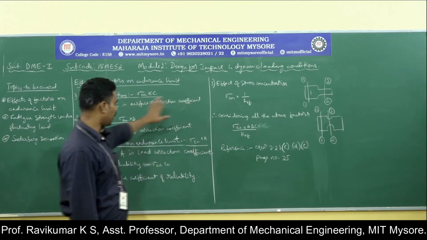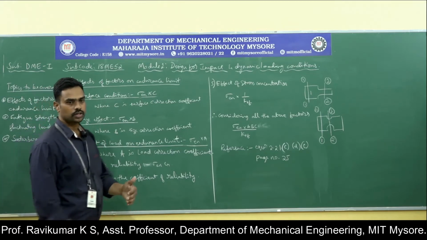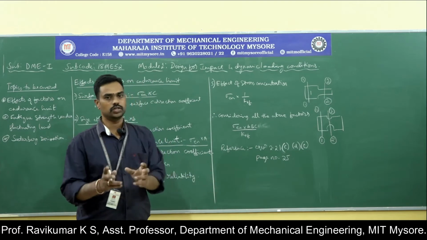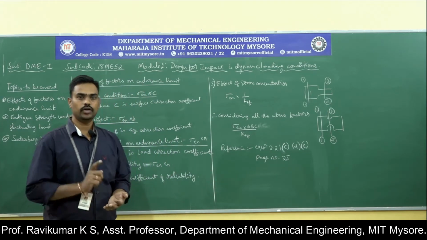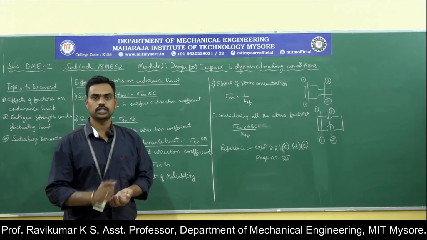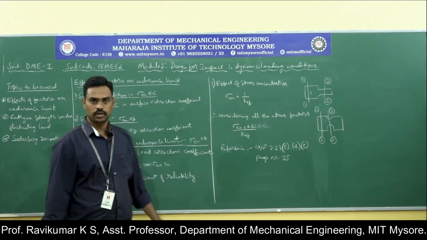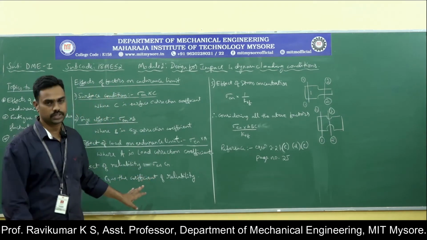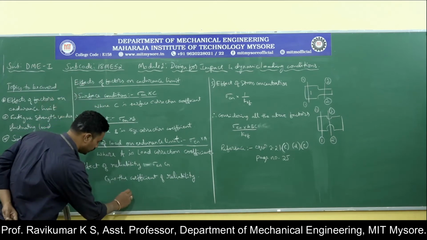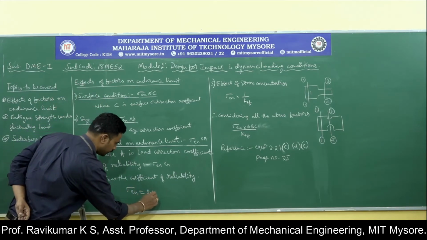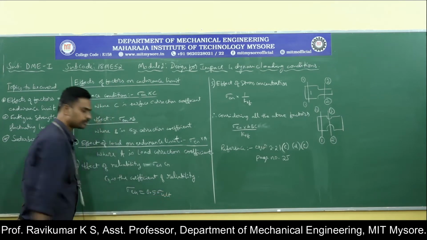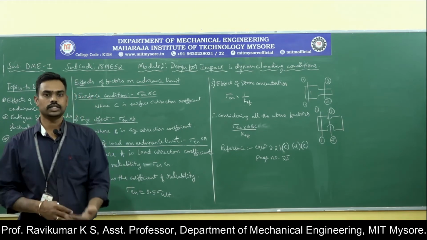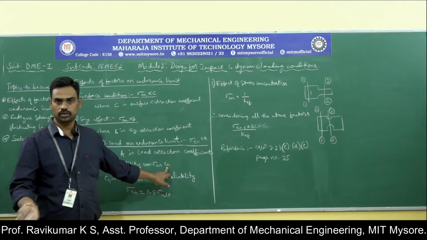So we consider all these factors which affect the endurance limit apart from the testing condition. In the testing condition we assume a certain surface finish, a certain loading condition, a certain standard dimension, and a certain reliability. Reliability we assume as 50% usually. Therefore, we consider sigma endurance equal to 0.5 times sigma ultimate stress. So this represents 50% reliability. If it is greater or lesser, you need to multiply by those factors